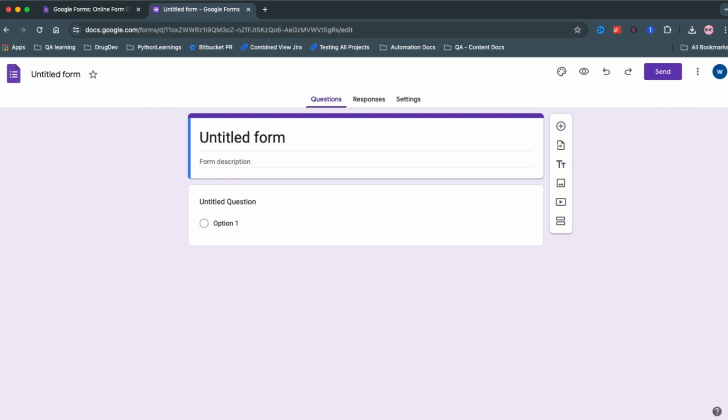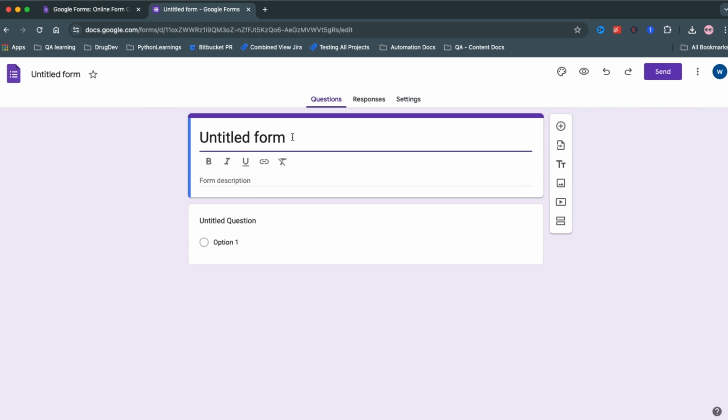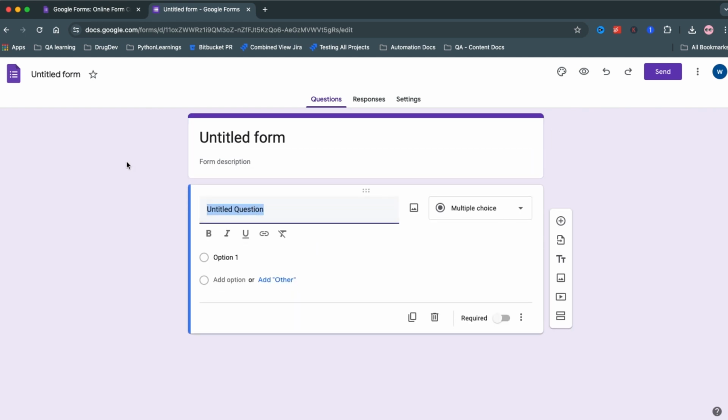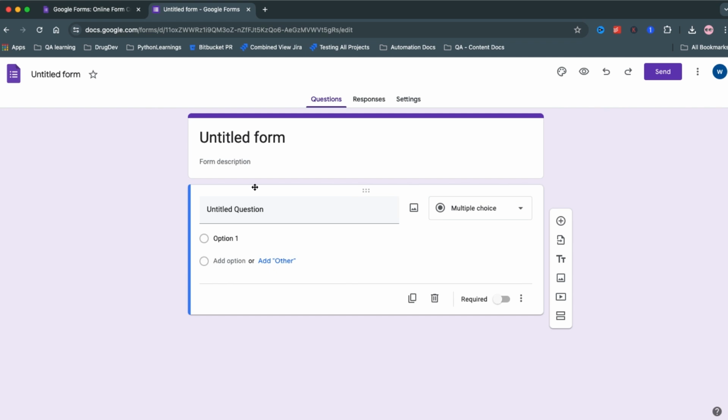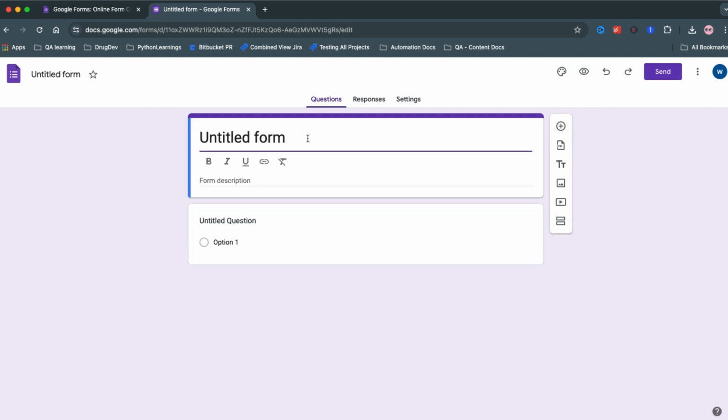Once Google Form is loaded, you can see a screen like this, and there are 3 sections. One is title and description and the question. So you can add a link to all 3 sections. Or if you're adding a link for a title, for example, I'm giving a title link,